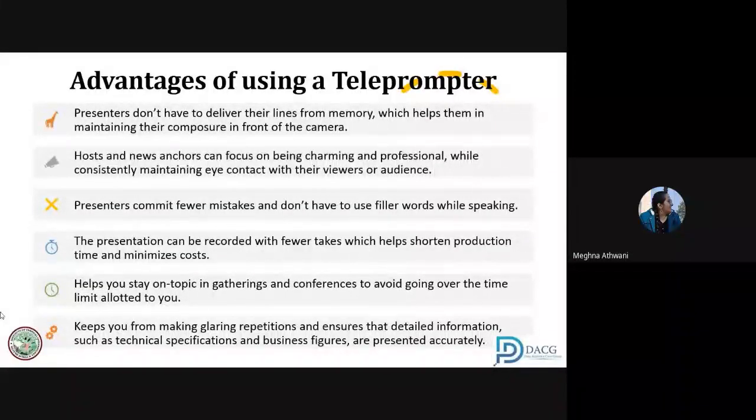Why? Because we think that they are connecting to us. When they look into the camera, we think they are looking at us. They are conversing with us. And this is exactly what you can do with your viewers, with your students. You can be as charming and professional while not learning anything. You have to write it down, you have to speak it, and you will be awesome.